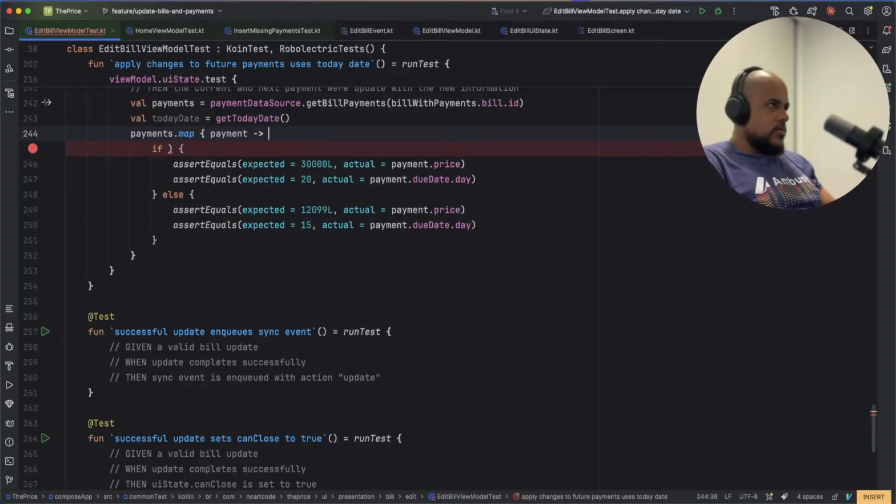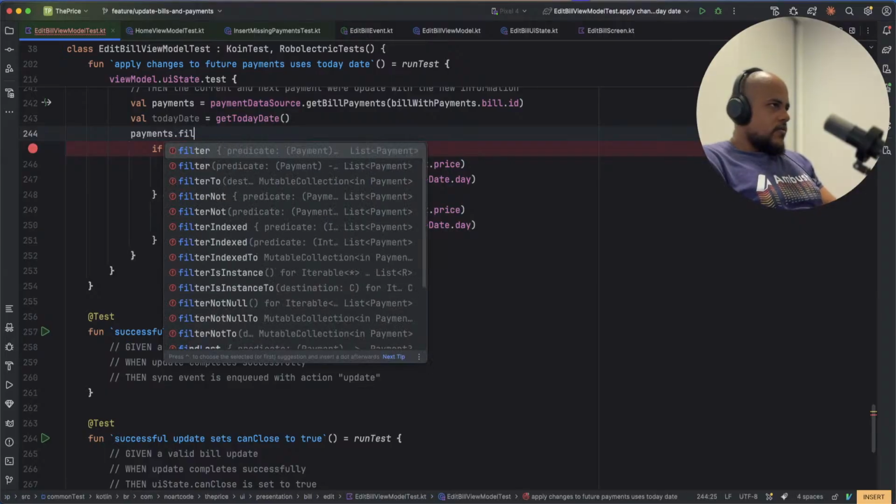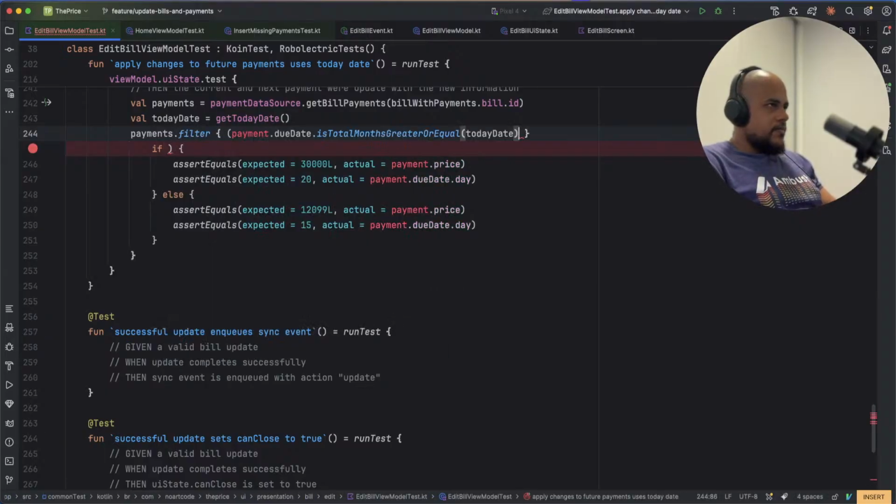I think so. We can filter. I think it's filter. I think it's gonna be better. Due date. Filter where due date is greater. And then